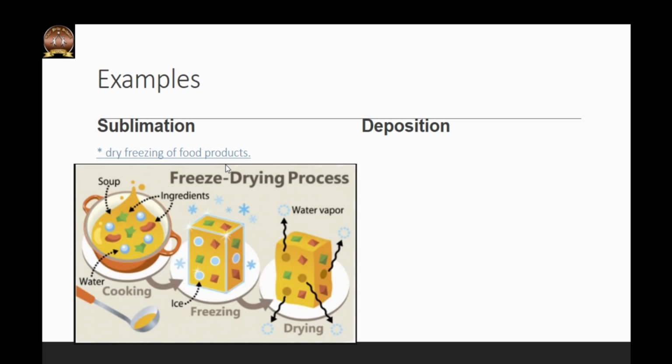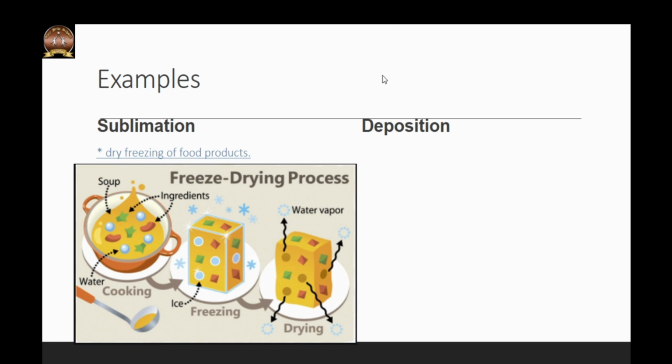What is freeze drying? Freeze drying is a water removal process typically used to preserve perishable food materials. This is to extend the shelf life and to make the material more convenient for transport. Freeze drying works by freezing the material and then reducing the pressure and adding heat to allow the frozen water in the material to sublimate. That is, the frozen water directly changes into the water vapor stage or the gaseous state of water.